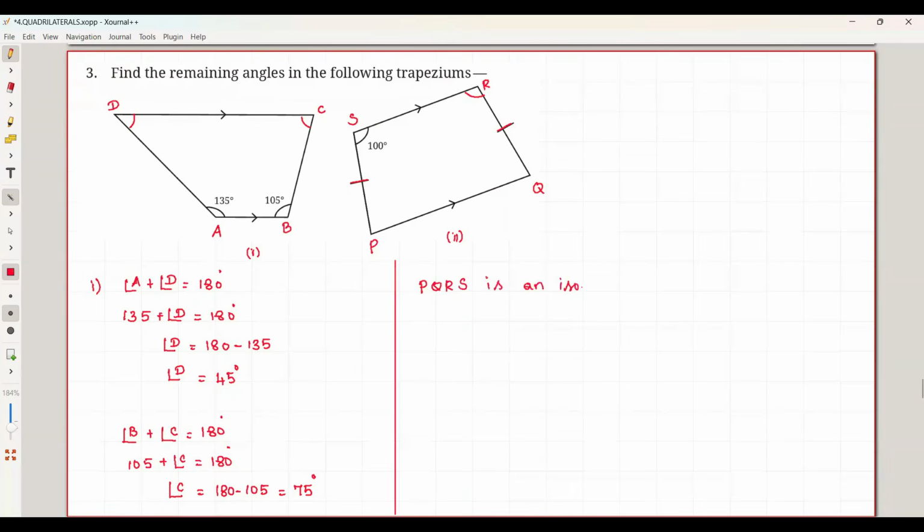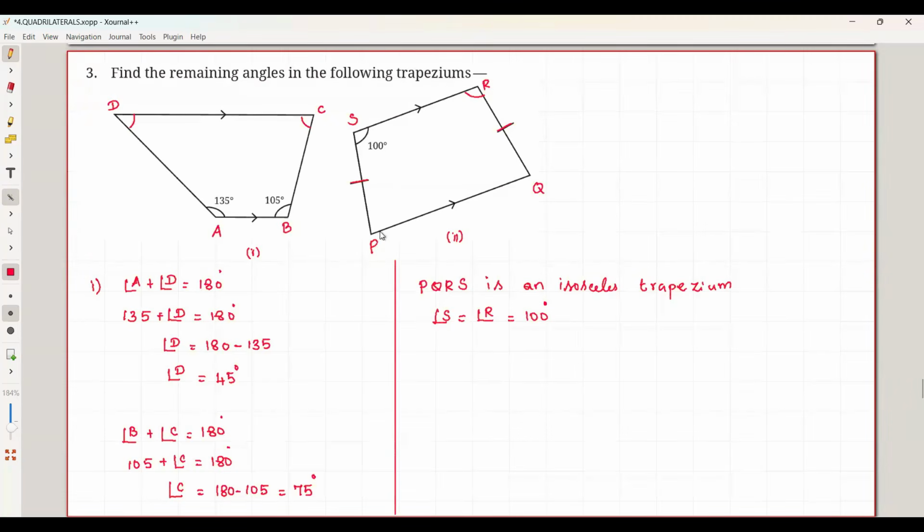Isosceles trapezium. Why? Because two sides are equal. If it's an isosceles trapezium, the base angles are equal. Angle S will be equal to angle R, which is 100 degrees. Both are 100 degrees. For finding angle P,